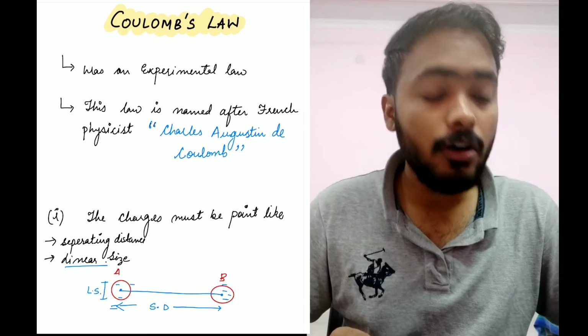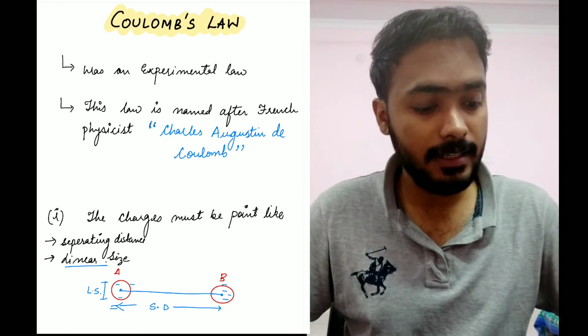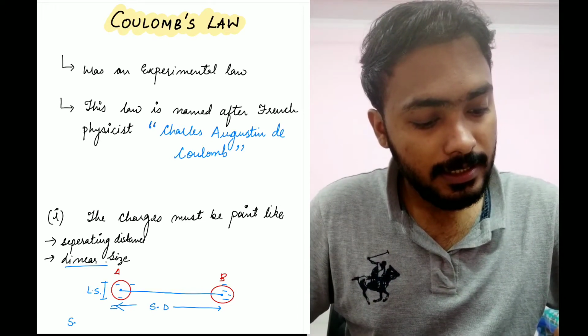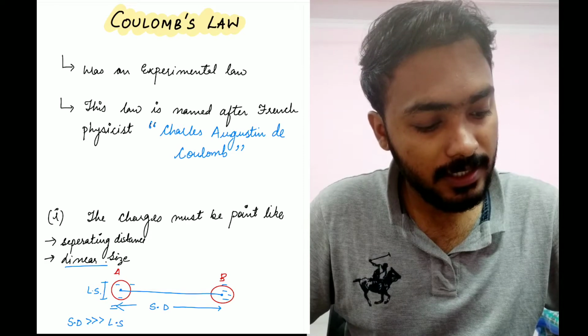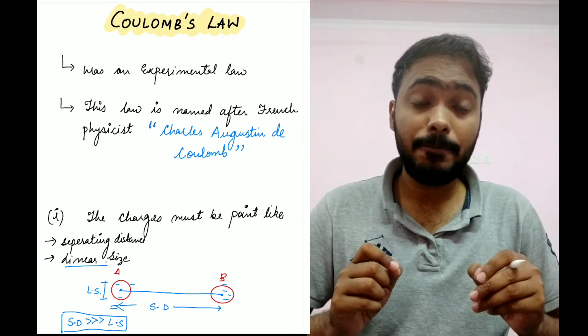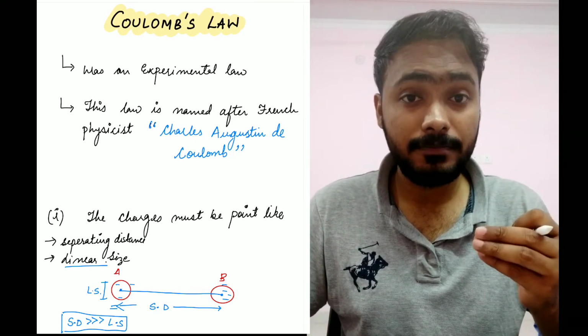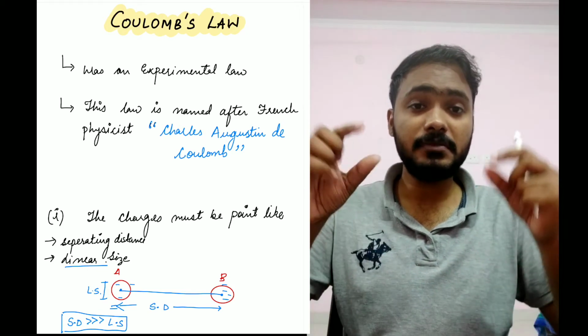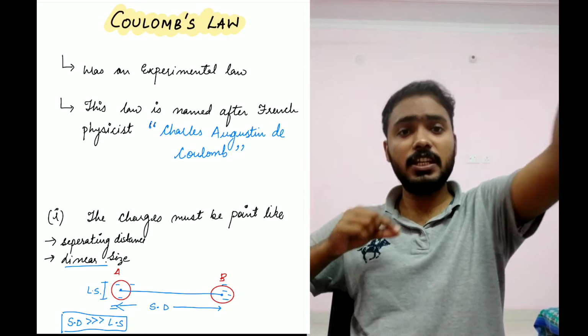Now we can call this charge point-like if it fulfills this condition. The condition is that the separating distance must be much larger than the linear size. If this condition is fulfilled, then I can say that my charges are point-like. I hope that's understood. So for example, I have two charges, and if they are separated by a very large distance,